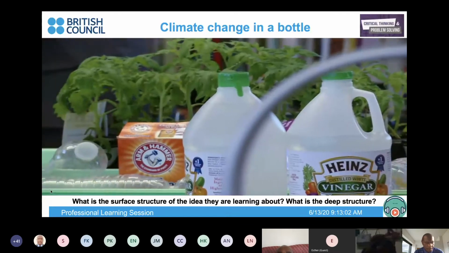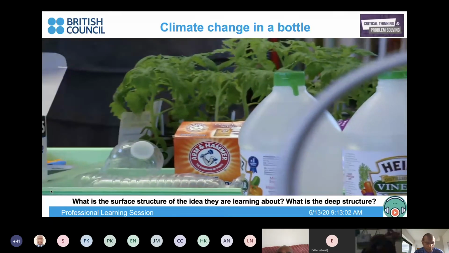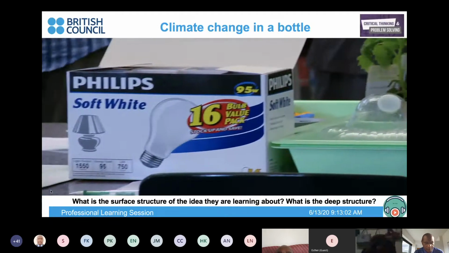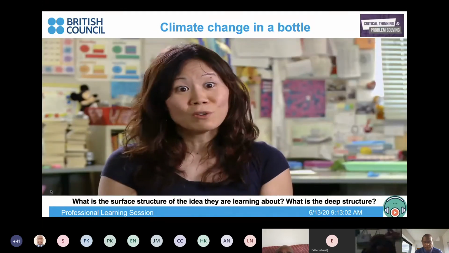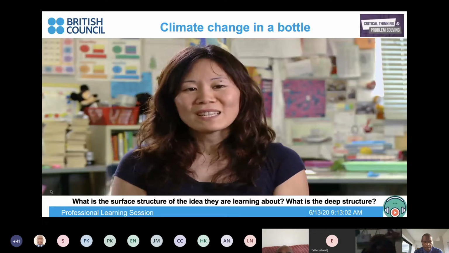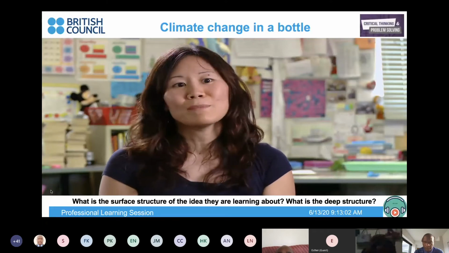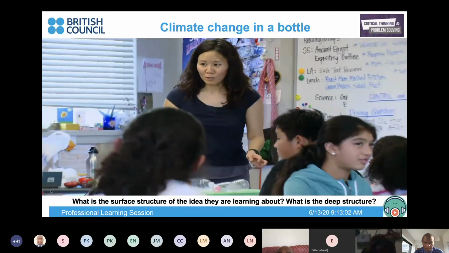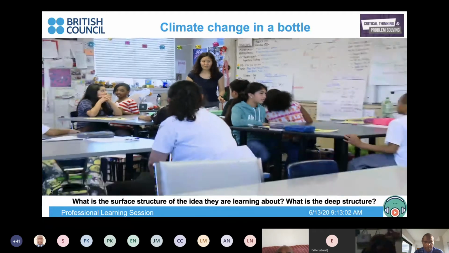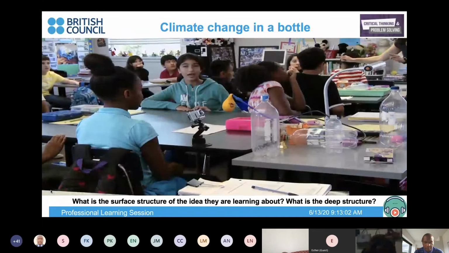And so it's important to have the materials already ready and to be able to show them where everything is and to give them a specific location in the room where to go. I think that really simplifies things for both the teacher and the students. 1, 2, and then we're going to say execute. Execute.